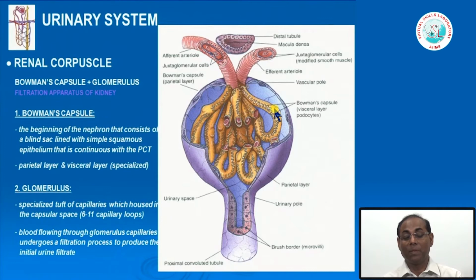We will come to this in the next slides, and it also maintains the urinary space, so that after filtration, the ultrafiltrate is accumulated in this urinary space, or Bowman space. The outside, or the parietal layer or wall, of this Bowman space is also lined by podocytes, which we call parietal epithelial cells or parietal podocytes. Those which line the outside of the capillary loop, we call visceral epithelial cells or the visceral layer of podocytes.